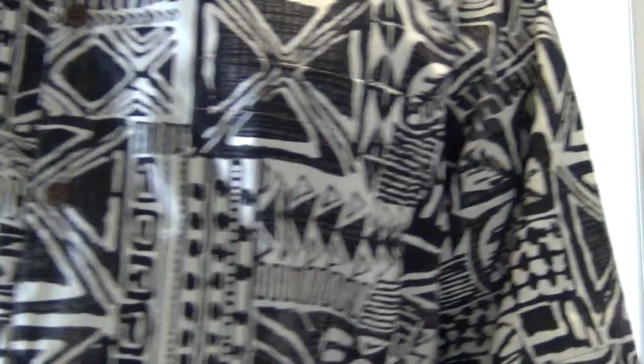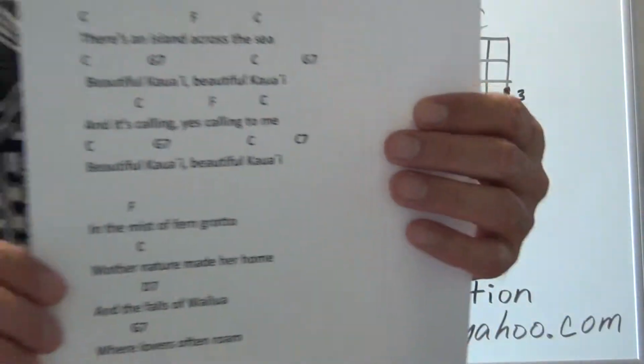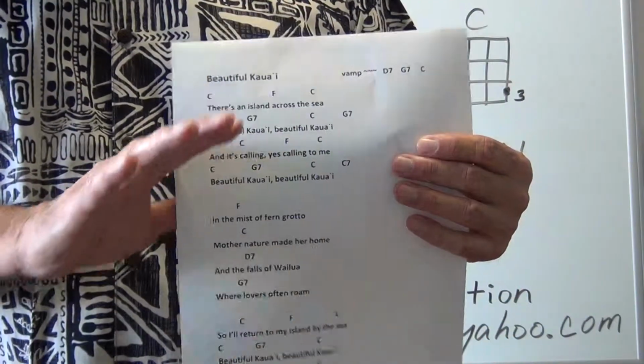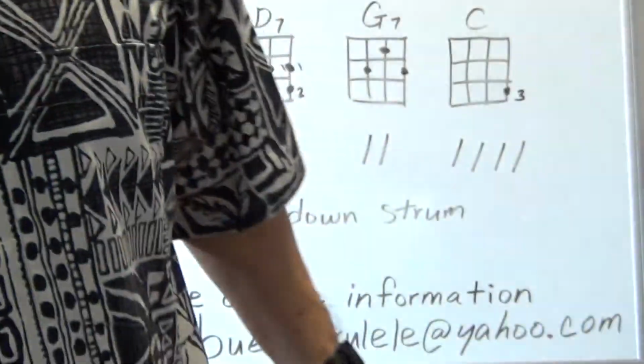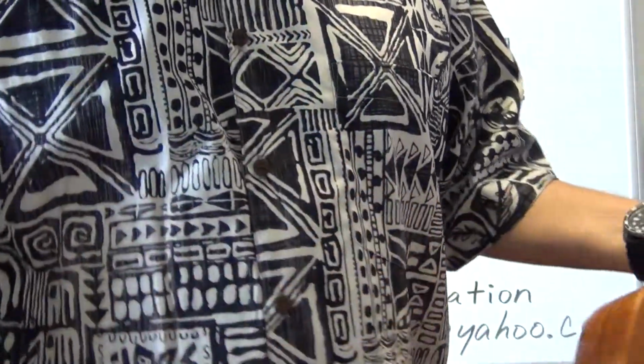Okay, so what we're going to do now real quick is preview the music, making sure we can do all the chords. This should not be a problem. All these chords are really easy, okay? You've done them a lot during the course. So right now we're looking at the music, Bueno Ukulele,